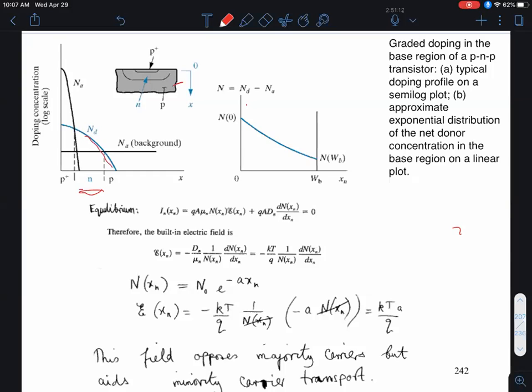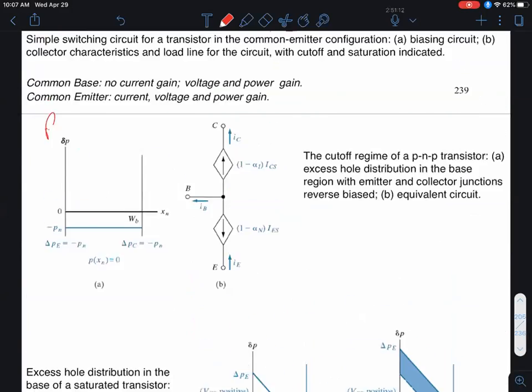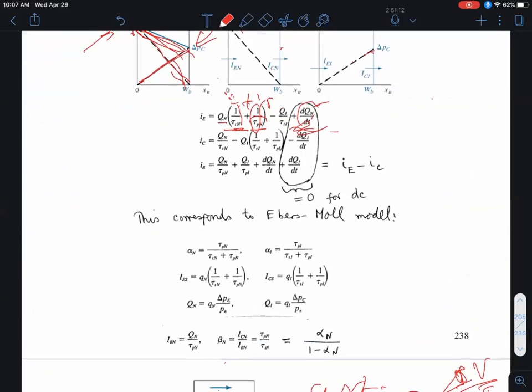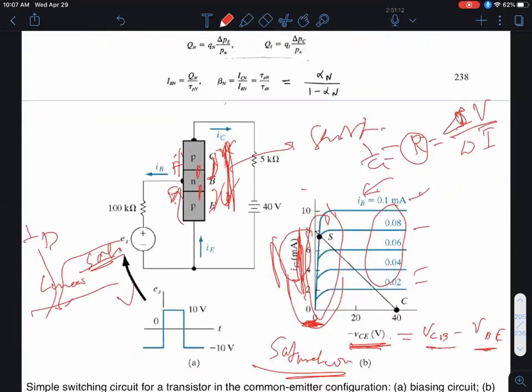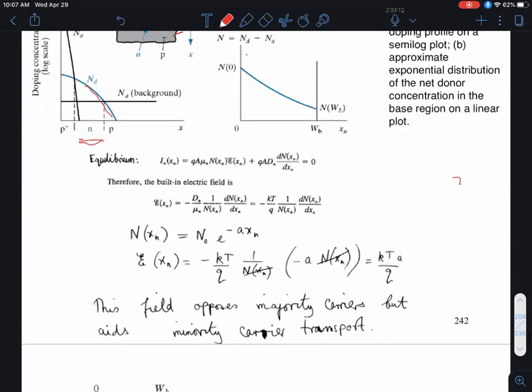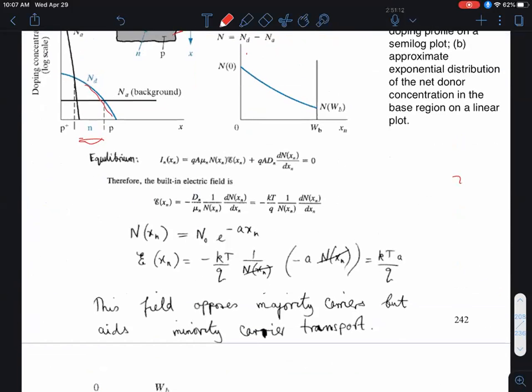It'll go down, right? And if the transit time goes down, if you look at the charge control model, for example, if the transit times go down, what would happen to the collector current? It would go up, right? If I get a higher performance BJT, it'll have a higher gain. Okay. So in this worked out example, I've assumed an exponentially varying concentration profile, even though in practice it's